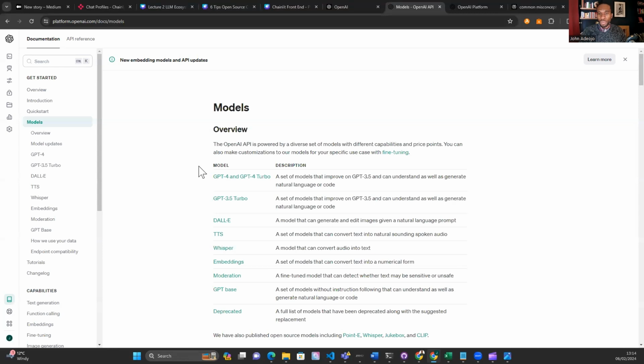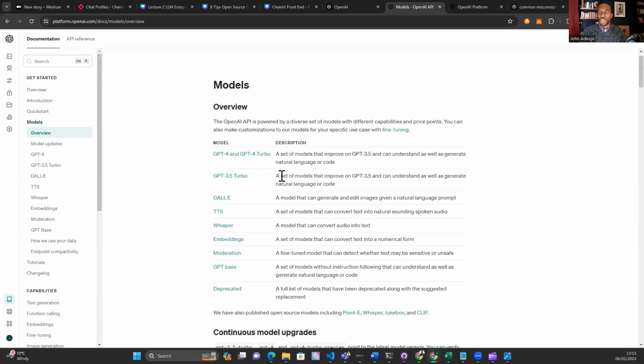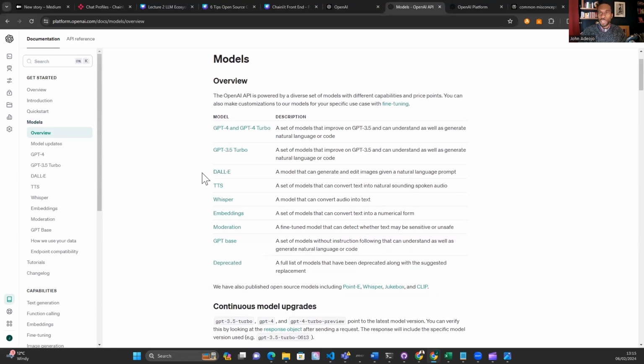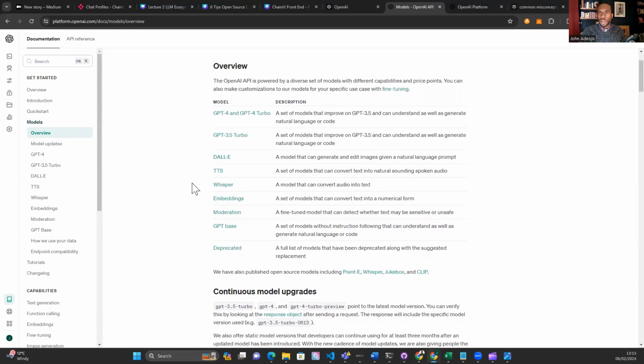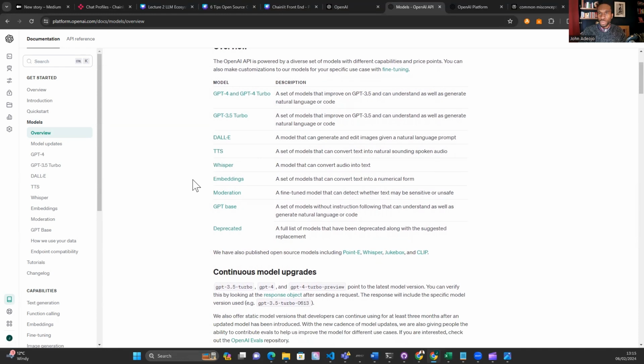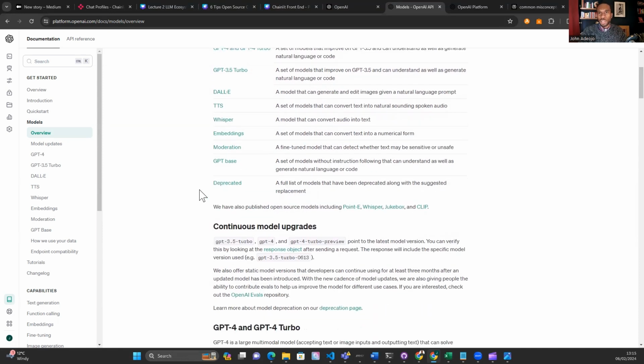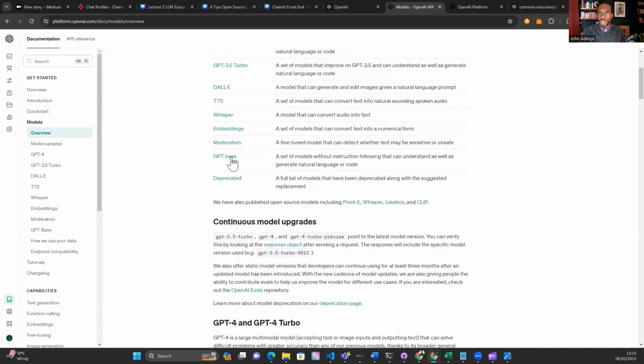And the state of the art right now is GPT-4 and GPT-4 Turbo. You have GPT 3.5 Turbo, DALL-E, which is the image generation model. We have a text-to-speech model. We have Whisper, which converts audio into text. We have embeddings, and this is used for things like similarity search. And we have some moderation and GPT-based models, and we have some deprecated models that were earlier iterations of the